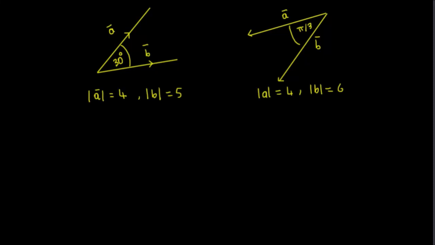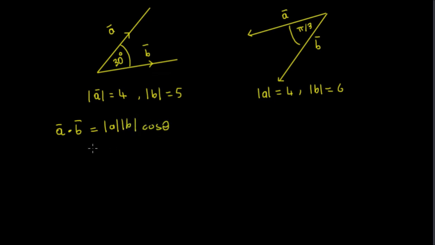Let's look at these two examples here. We have a vector A and a vector B. The length of vector A is 4, the length of vector B is 5, and we want to find the dot product of vectors A and B. So we can write that A dot B is equal to the length of A times the length of B times the cos of the angle